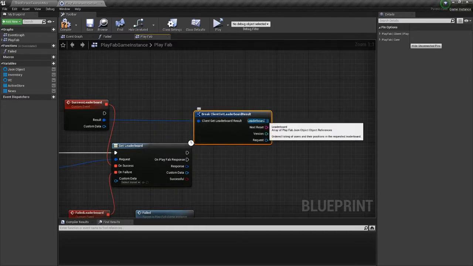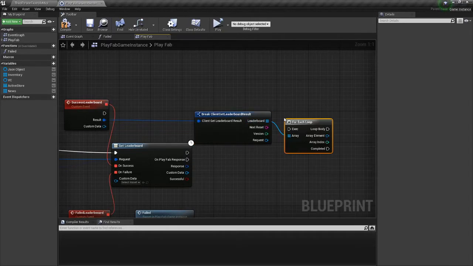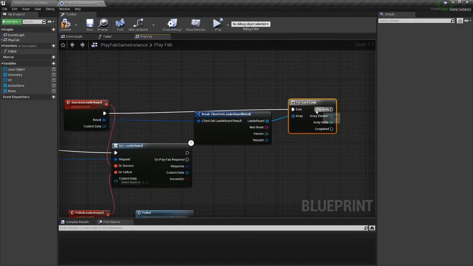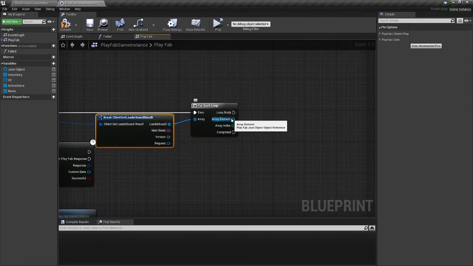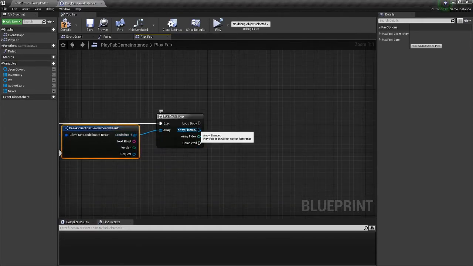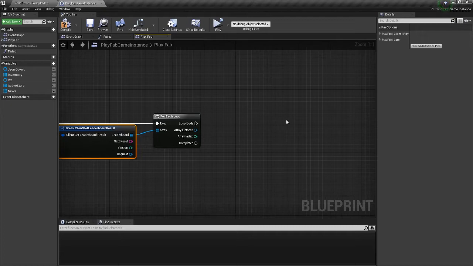The most important thing that we want here though is actually the leaderboard. So this is an ordered listing of users and their position in the requested leaderboard. Pretty self-explanatory. You can easily just for-each loop this and then get the information from here. Within each one of these JSON entries that you get back through the array, each of these has the following: you have display name, the PlayFab ID, the position that they came in, the profile,